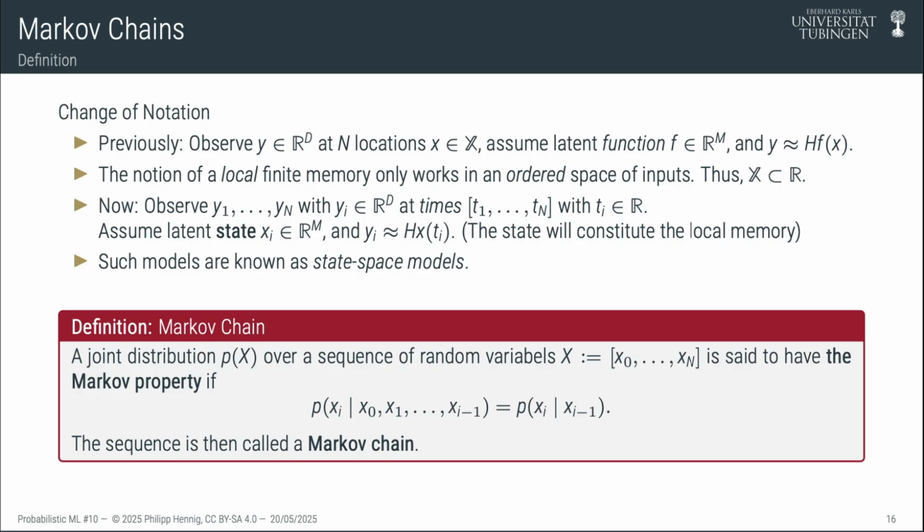We get observations called y, and because we are in an ordered space, the role of the input gets a bit easier. It's still around, it's now called time, but it's actually just an index, typically a countable set of indices that come from this ordered space. These models are called state space models because exactly of this character. And the one structure we're now going to leverage is this locality structure called the Markov property.